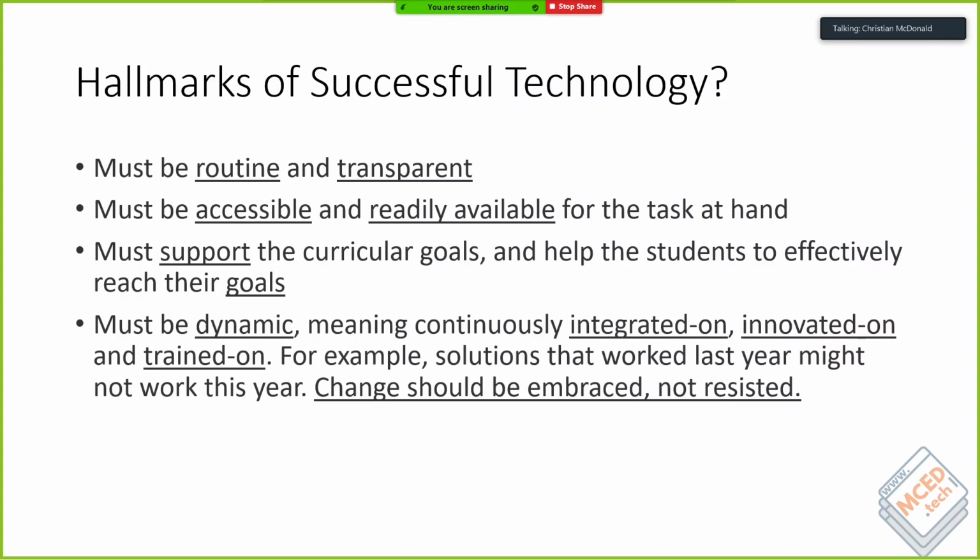It must be dynamic, meaning that it must be continuously integrated on, innovated on, and trained on. So, for example, a solution that worked last year might not work this year, and especially now with COVID, with the landscape changing so quickly, we must not resist change, where change has to be embraced, and we must constantly be looking at ways to integrate the technology, to innovate on what we're doing,